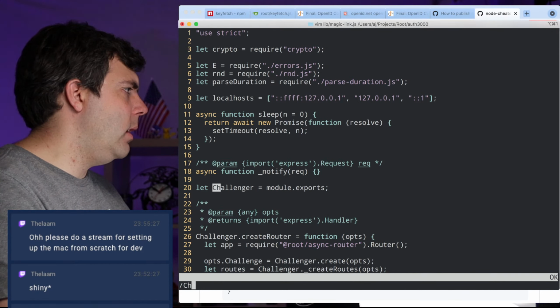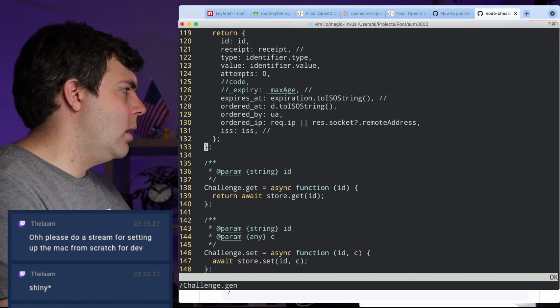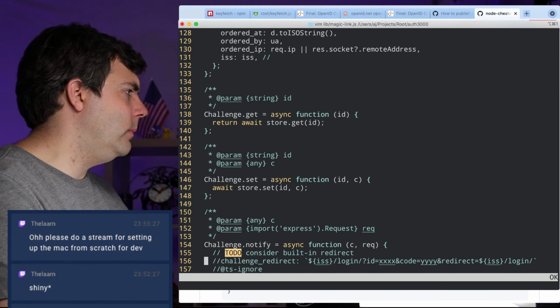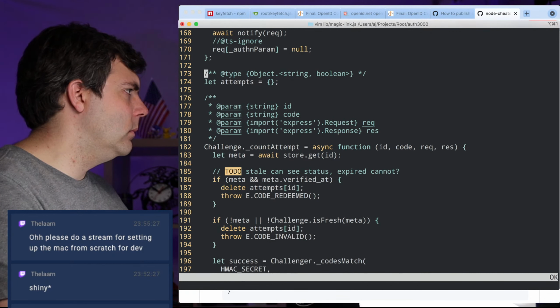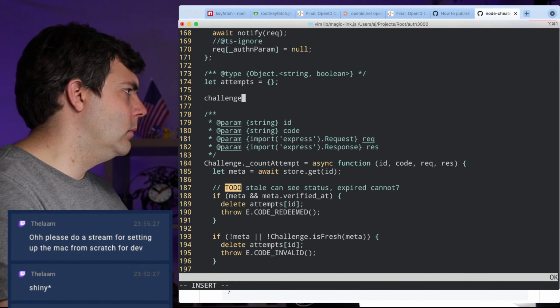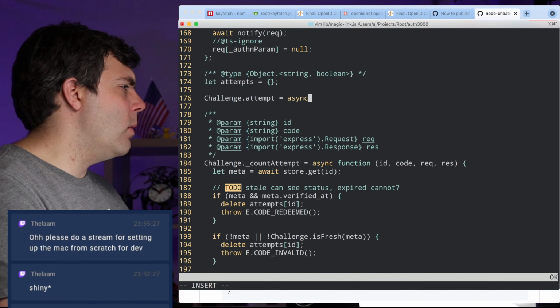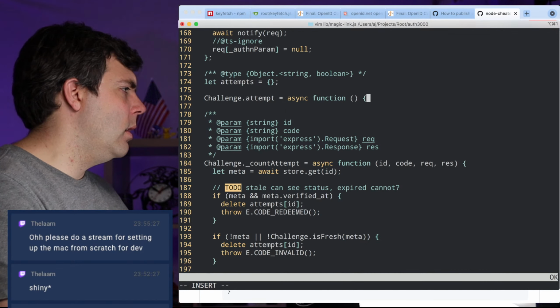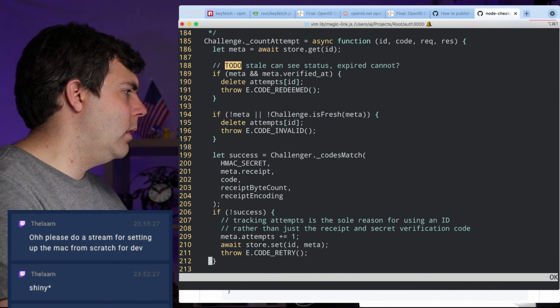So I'm going to have to go create a challenge.attempt. And again, I think this is the wrong abstraction, but I think it's good enough for now.